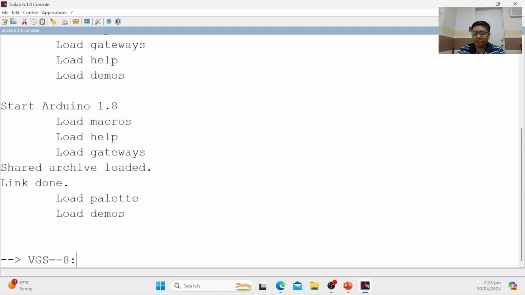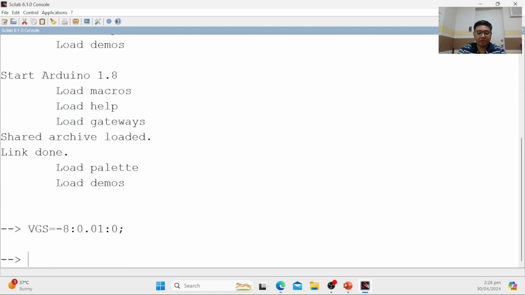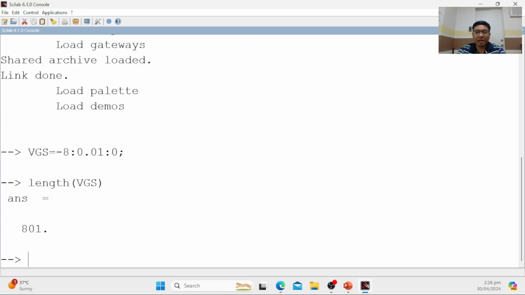I'm choosing an increment of 0.01, and the ending value is 0. Press enter. Let us check the length or the number of elements contained within the variable VGS. We have 801 elements inside the variable VGS.